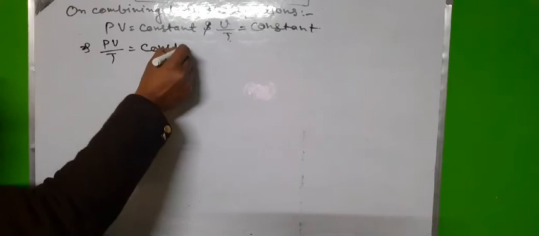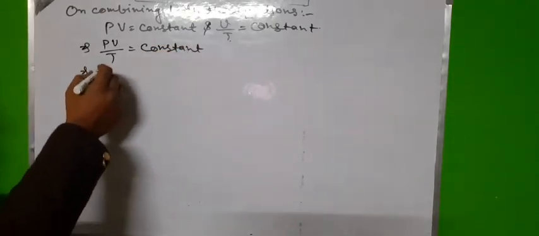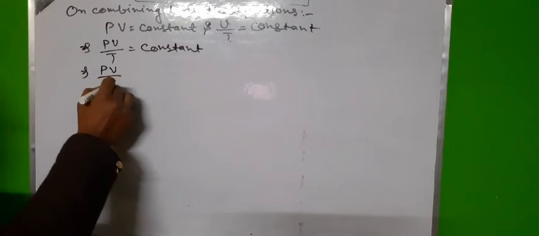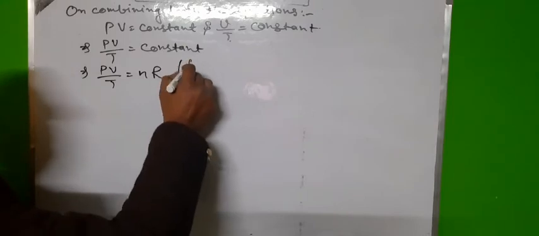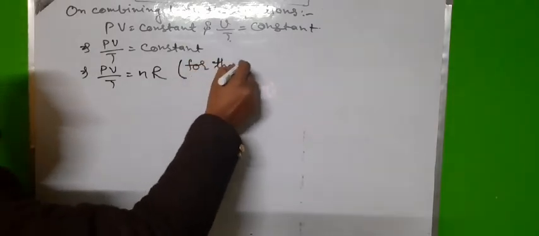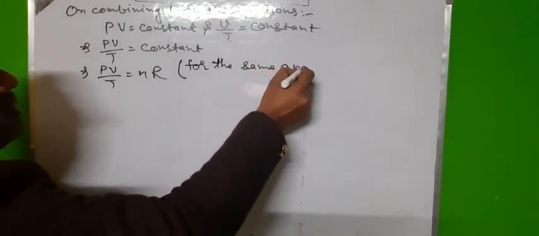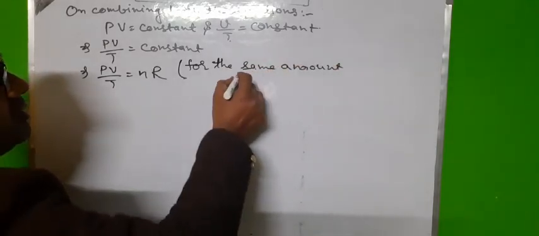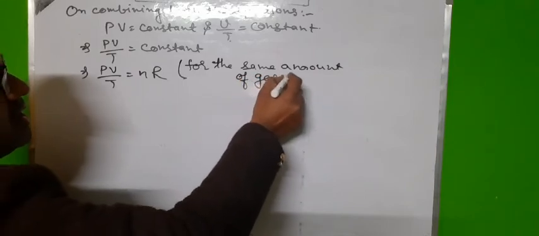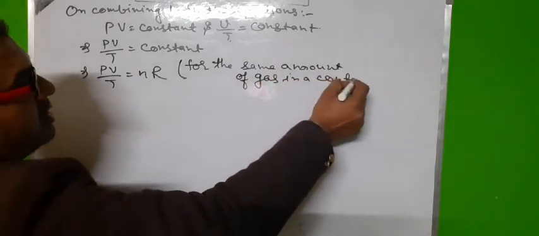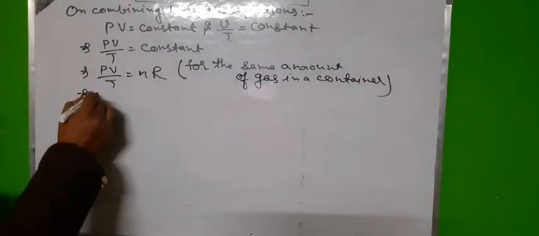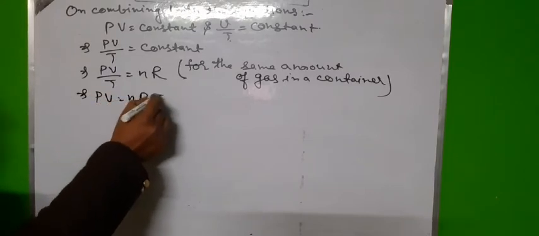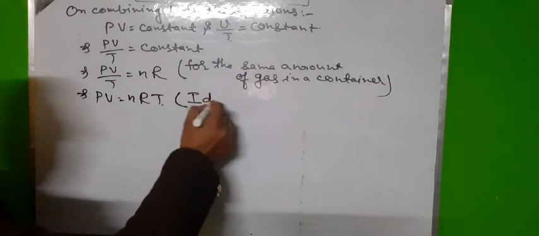PV upon T is equal to constant, and here we can write it as PV upon T is equal to nR for the same amount of gas in a container. And from here we can write it as PV is equal to nRT, and this is called the ideal gas equation,